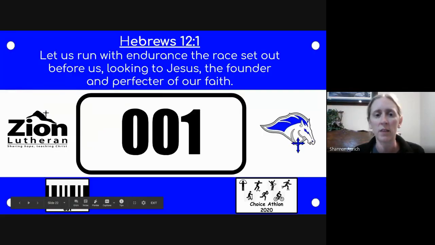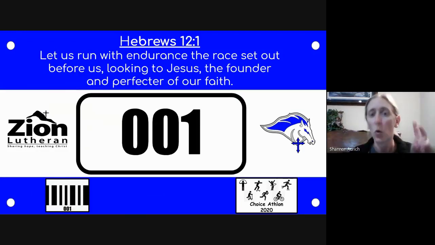All right, this is an example race bib that I put together. Notice I have the white holes that you could punch out and clip it to your shirt with safety pins. There's a number. You'll be able to change the number to whatever number you want that makes sense. There's a barcode. I also put the number down in the barcode, so you might want to change that if you change the number